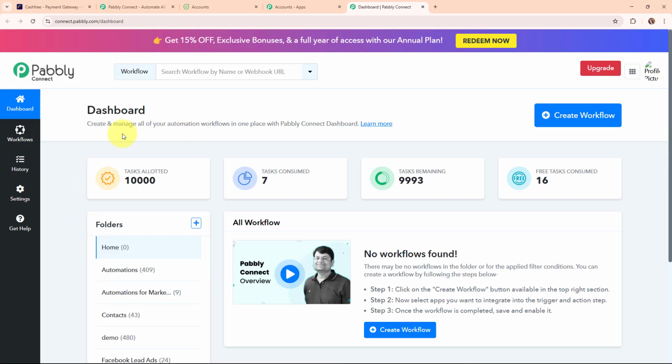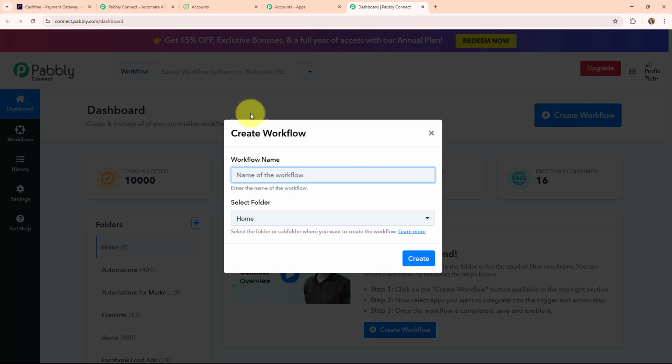Now this is the dashboard of Pabbly Connect, and here to build my connection I need to create a workflow first. So for that, here I'm going to click on this create workflow button given on the top right corner. Now here in this create workflow dialog box, I have to give a name to my workflow. So here I'm going to give the name as create Flowlu contact on Cashfree payment, and then here it is